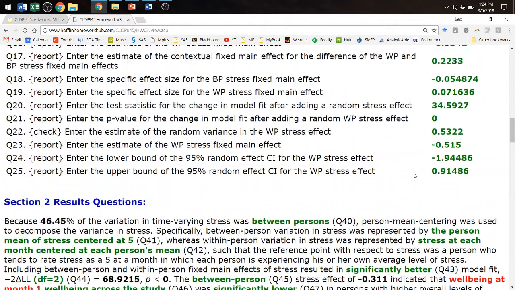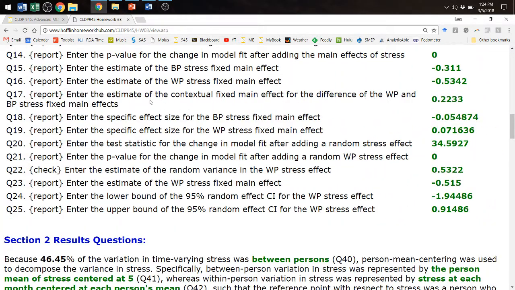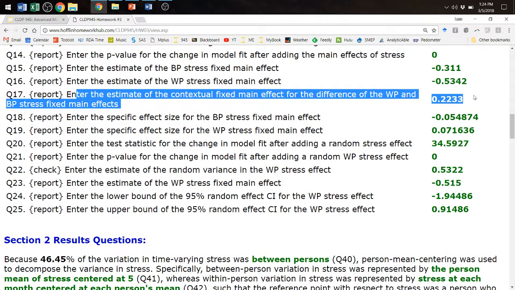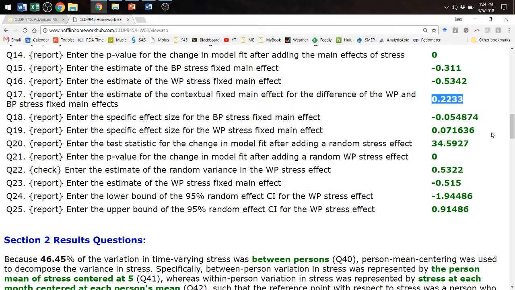The contextual effect was requested right here. So if you found that number, you should have found a p-value for it. It will be an estimate statement in these models because you get the between and within directly. The contextual effect is the difference between the two. So that would be -1 for the within and 1 for the between. Yeah, the order matters for this.